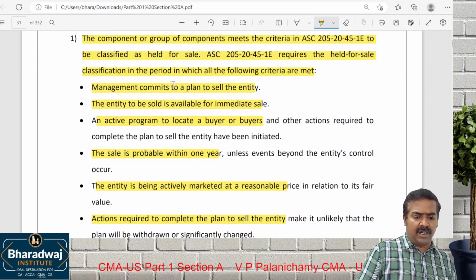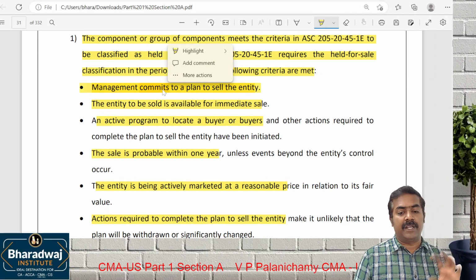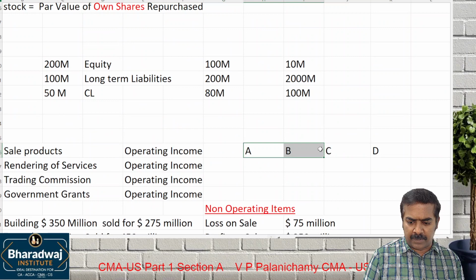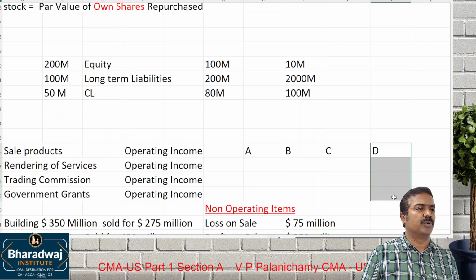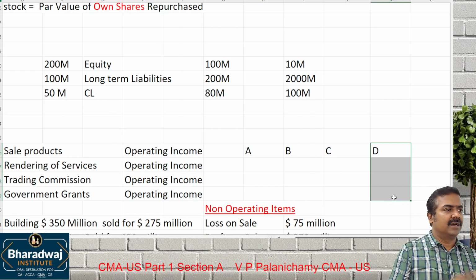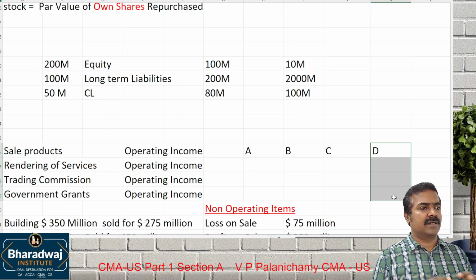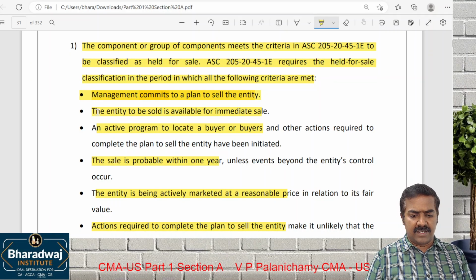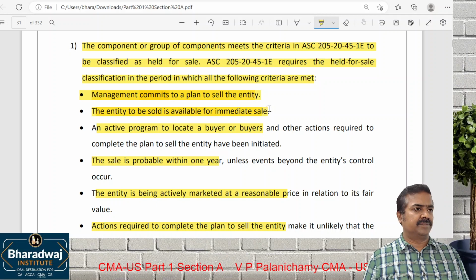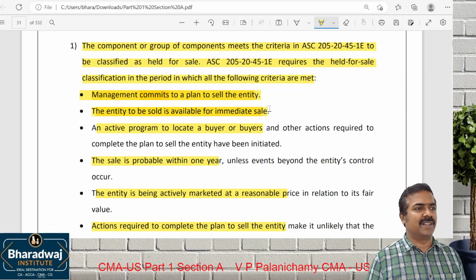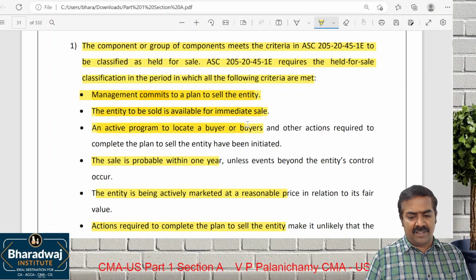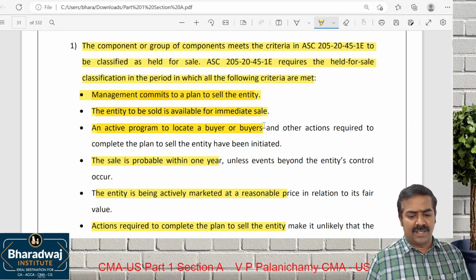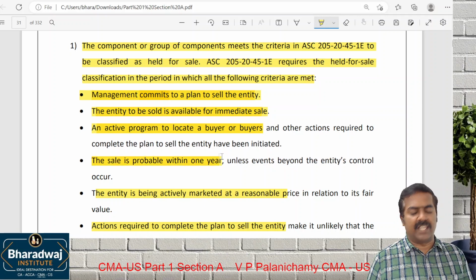Clear? Once again? Okay. Management is committing to sell. What do you mean by management is committing to sell? Pay attention. I told you I'm dealing in 4 products. The 4th product I'm not interested in. So the management has planned that the factory, the plant, the machinery, assets, liabilities, godown of product D we are going to sell. We made a plan clearly. That is the first part. Second, it is available for sale. We have given a notice, we have given an advertisement that it is available for sale. Or we identified a buyer who will take over the business. We are sure that the sale will happen within 1 year.